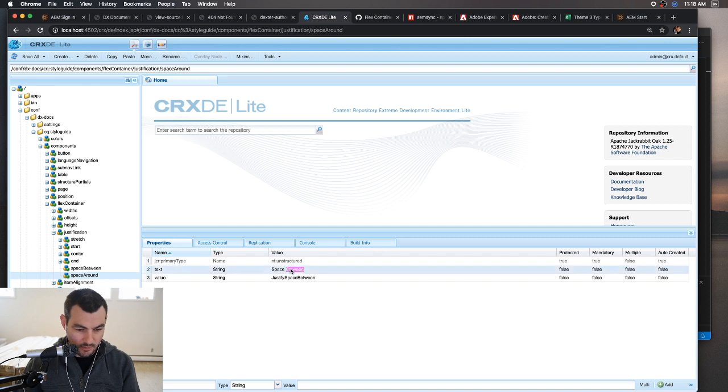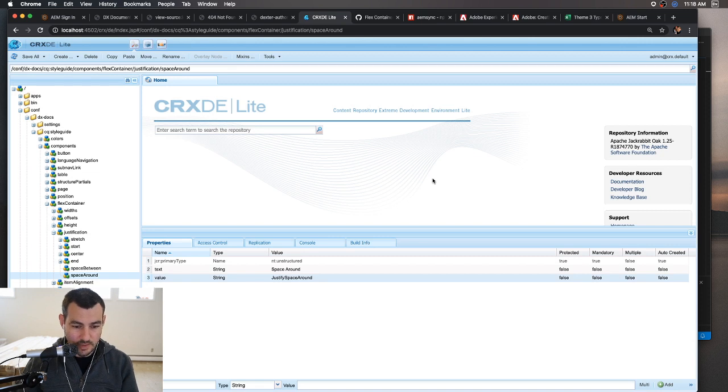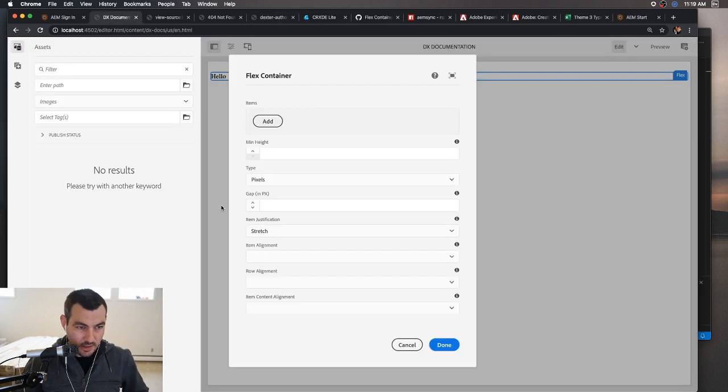and then again, we're just proving the point here: space around, and justify space around. Now, there's a couple reasons why we have this complexity. We could have put those values directly in the dialog, of course. But when you're talking about